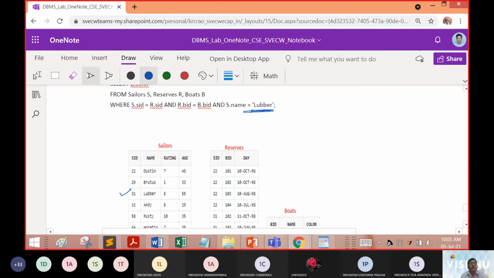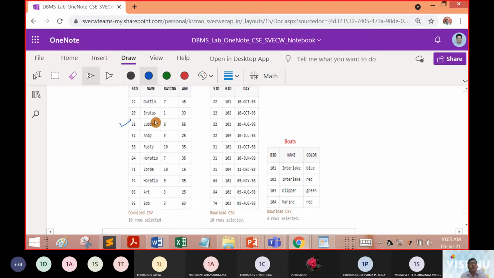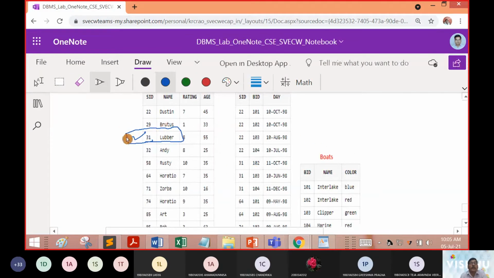That is 31. There is only one instance. So the name of that we are going to bring is Luber, and his Sailor ID was 31.